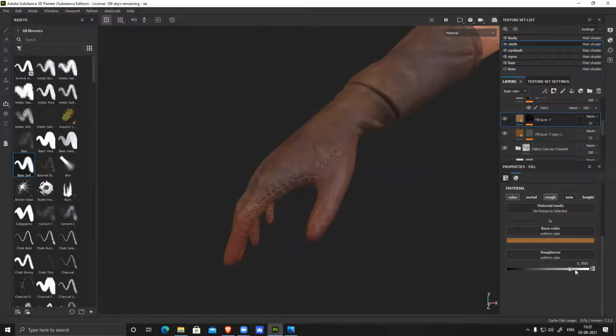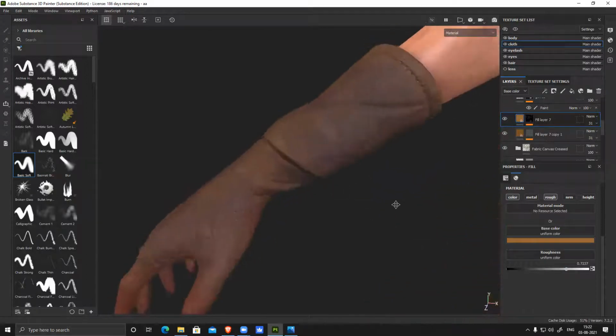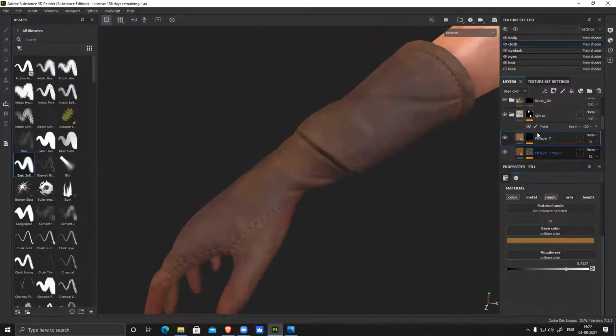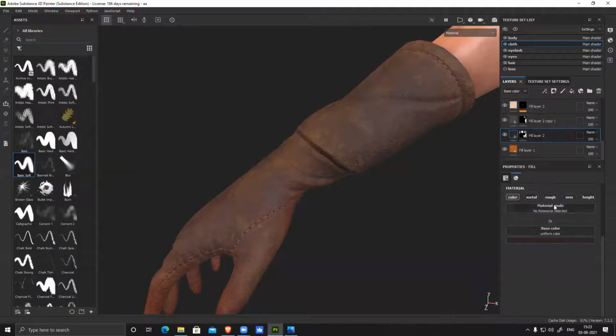So let's make it slightly matte. And base. This one, where is my base? This one, I believe. Base can be slightly glossier.